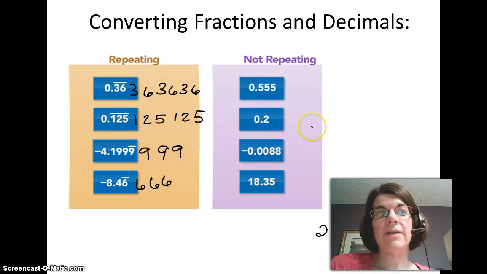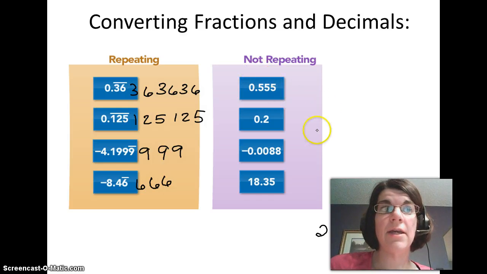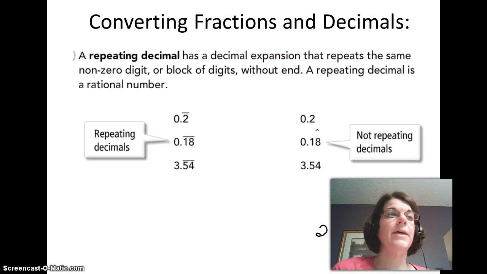The purple boxes here are examples of numbers that do not repeat, and notice that the reason we can tell that is because there's no line here, there's no dots continuing us on. So these just have ended and there's no repeat. Okay? Alright, so